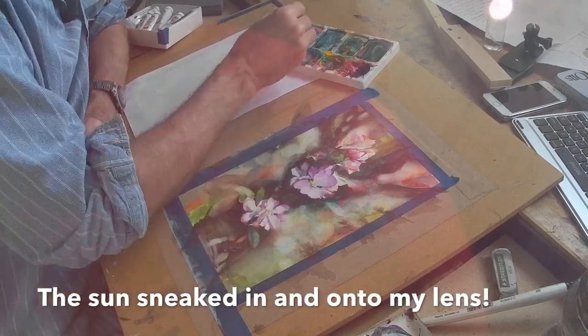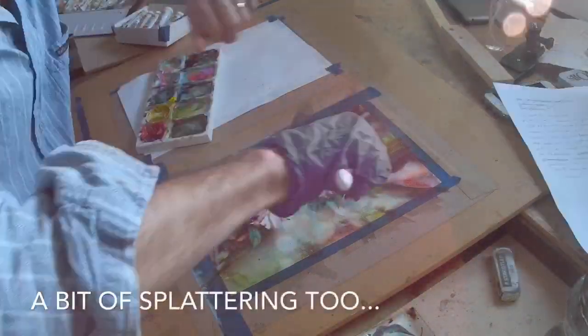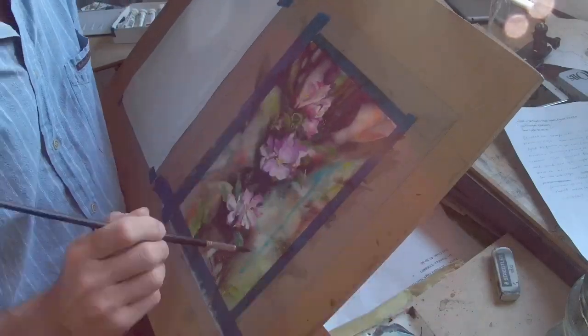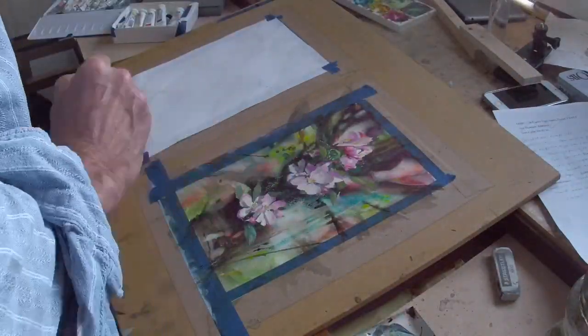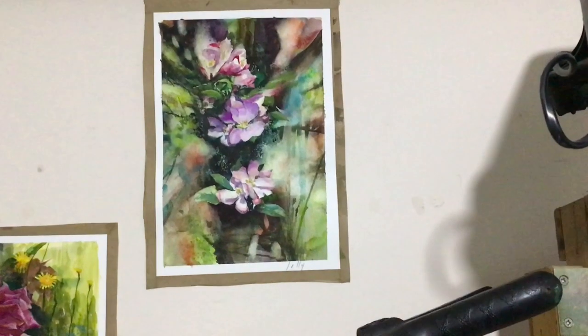The sun shone on my lens quite a bit, which caused quite a few problems, and then I decided to work into the blooms a bit with gouache, which helped me to build up the kind of finish that I was looking for. It's a bit of an experiment, but I think the final result looked quite good when I take away the